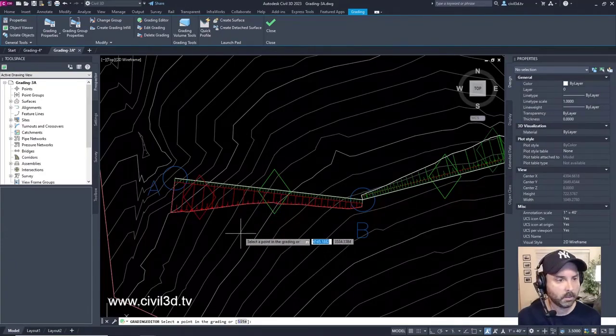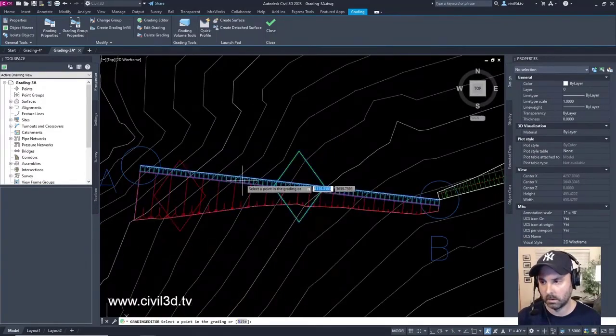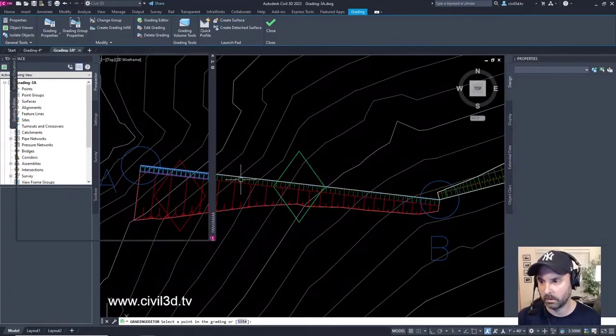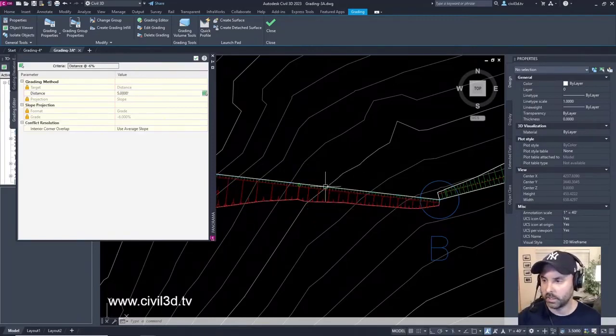We're going to click inside the objects for the grading that projects from feature line AB, which is essentially right here. See how it highlights? We're going to highlight this green area. Then we get our criteria. This is the grading editor panorama. We're going to change the distance value from 10 to 5. You see how that changed it? Changed the width right there.